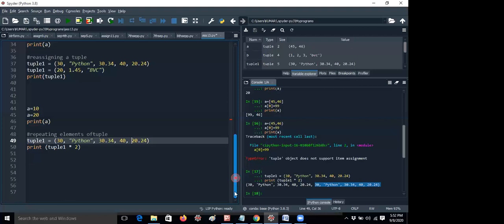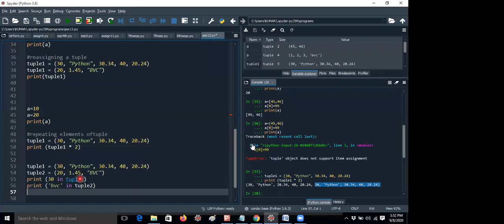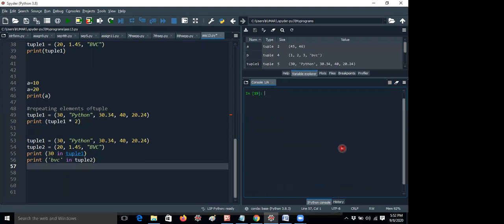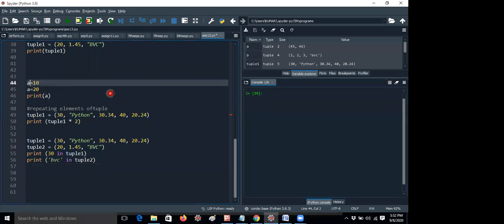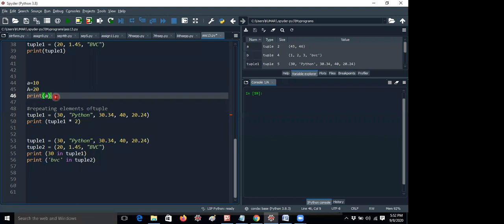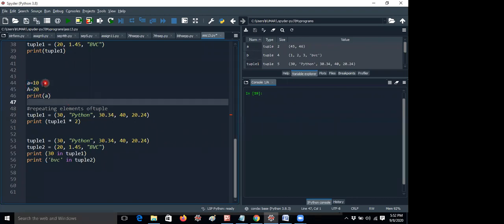Because Python is a case sensitive language. Case sensitive means whenever you are declaring a variable in capital letters and small letters, both will be taken as different variables. For example, let me explain. If I'm having small a equal to 10, and I'm giving capital A equal to 20, if I'm printing small a, I will get only 10. I will not get any error message because capital A is different, small a is different, because by default all the variables and the remaining elements are also case sensitive in Python. Python is a case sensitive language.